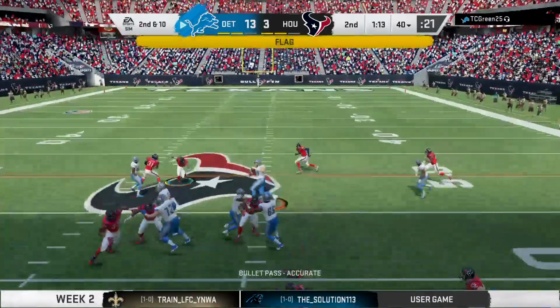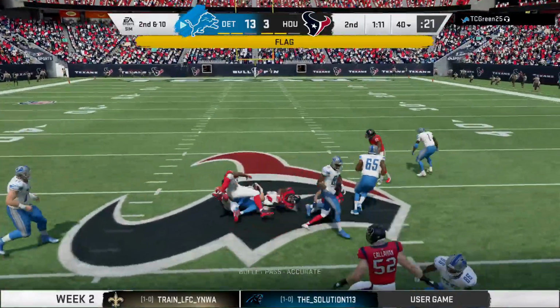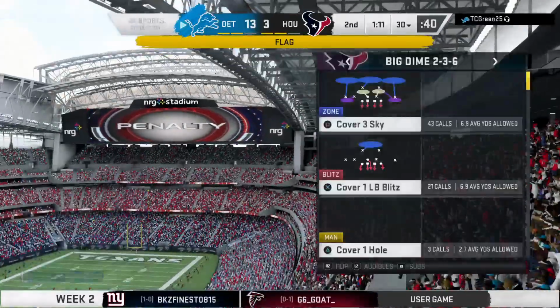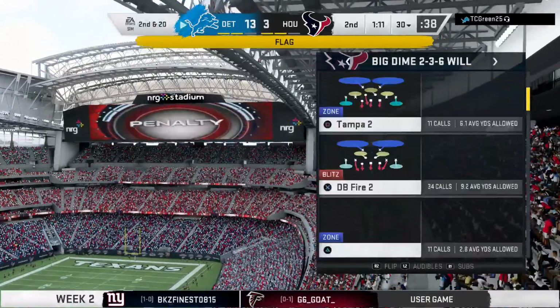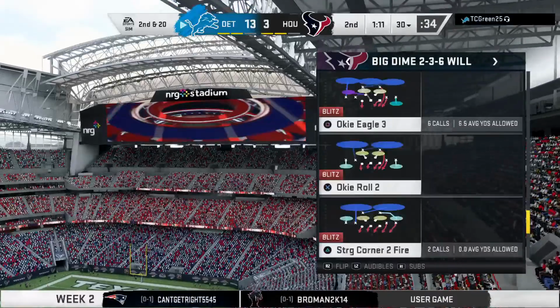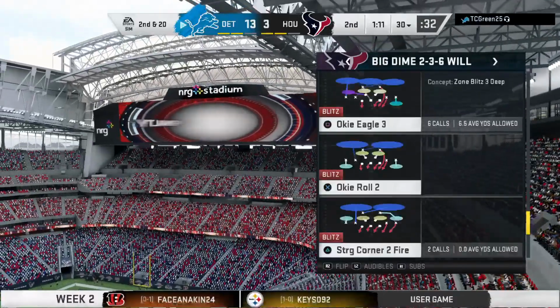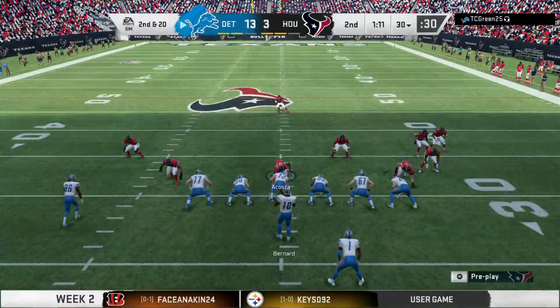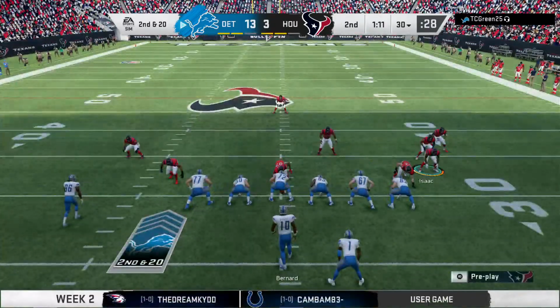Now a fake on the give here as they try the run-pass option. James has got it. Complete. And he's going to be taken down here with a penalty flag on the field. So a decent gain, but all for naught on the penalty. It's too bad, isn't it? They were feeling pretty good about it. The only people celebrating, the guys who just gave up that play. Mike 58 right